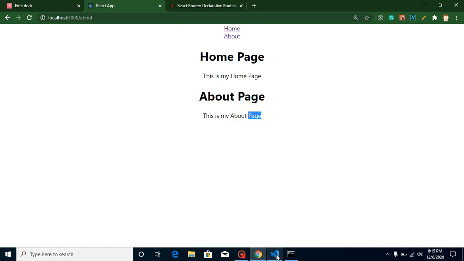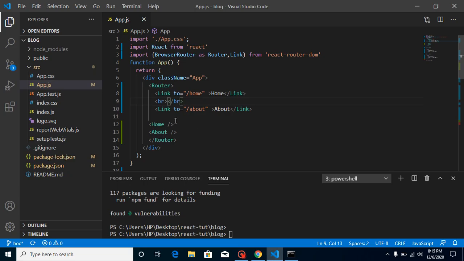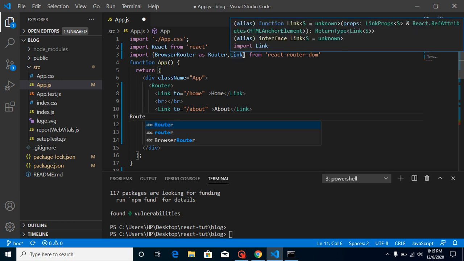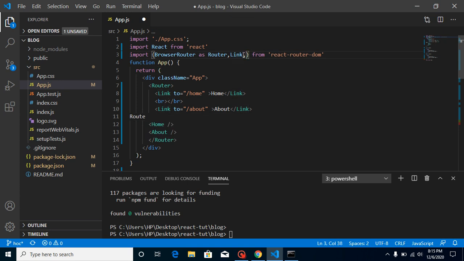So how can we make a specific route for a specific URL for a specific component? For that we must use Route. So first of all import Route from here, and put this Home component inside it.